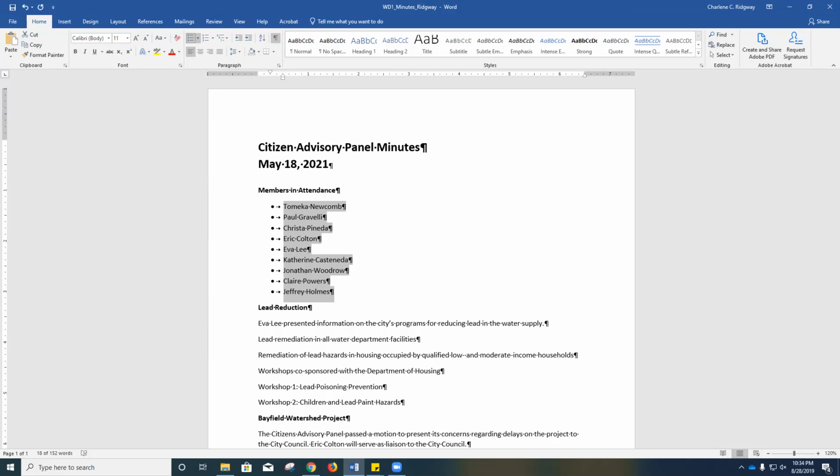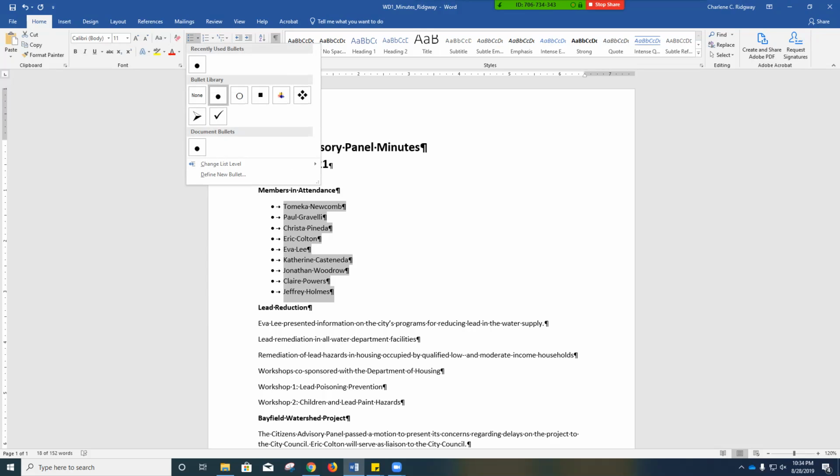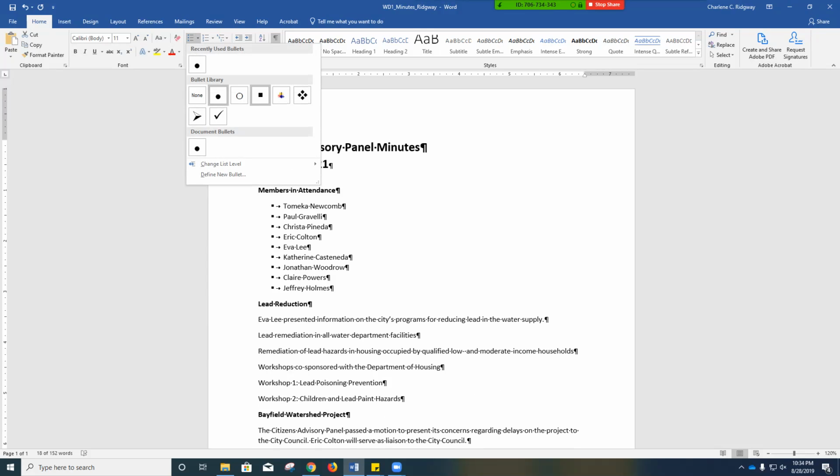Also, the bulleted list is indented and the paragraph spacing between the items is reduced. Now, David decides that he would prefer square bullets. So in that case, we will need to go back up to bullets, click the arrow, and then choose the